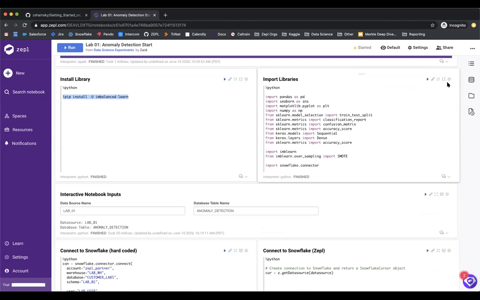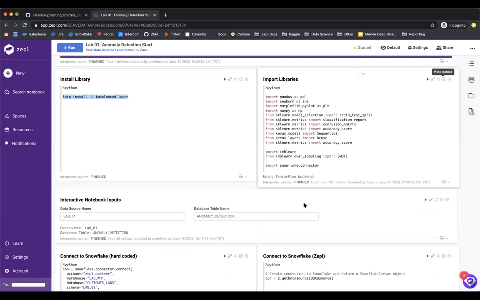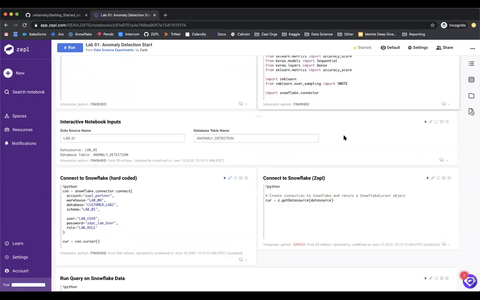Okay, once that is done, again, you can check the output. We're going to be using a few libraries here. One is TensorFlow. You'll see that we're using Keras here, as well as scikit-learn primarily. Now, the next paragraph below is just a simple example to show that we can make these